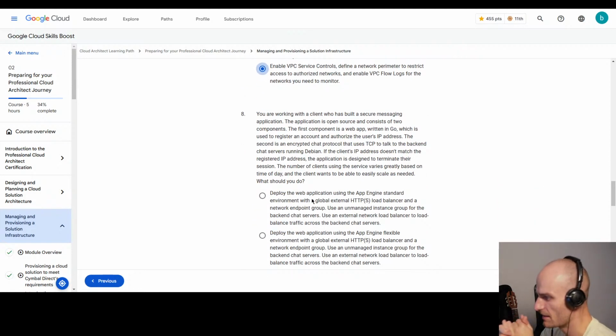You are working with a client who also built a secure messaging application. The application is open source and consists of two components. The first component is a web app written in Go, which is used to register an account and authorize the user's IP address. The second is an encrypted chat protocol that uses GCP to talk to the backend chat servers running Debian. If the client's IP address doesn't match the registered IP address, the application is designed to terminate their